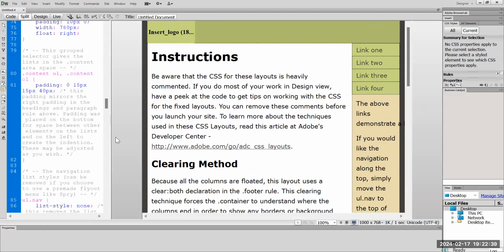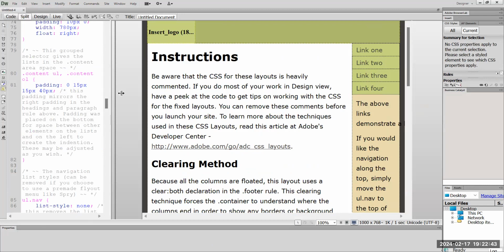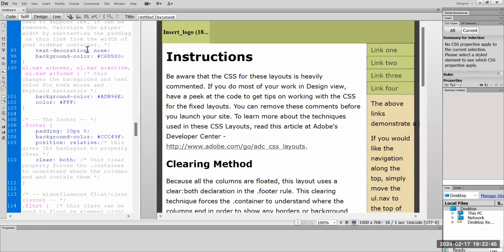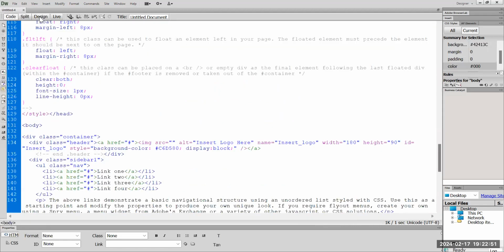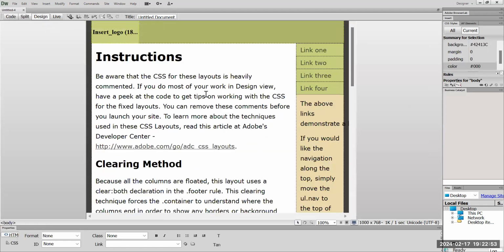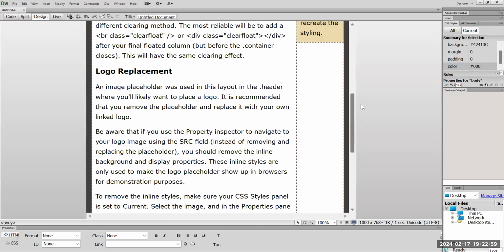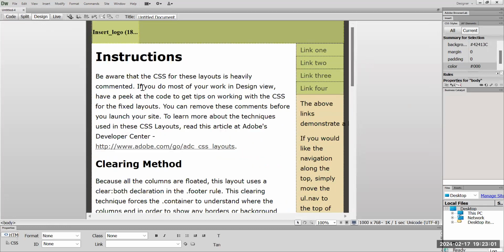I'll reduce this site, so we don't want that one. Or even I can close this one. I will only go to the design tab, right? This is the design we are going to get in our website. Okay. Right. Now under the design,